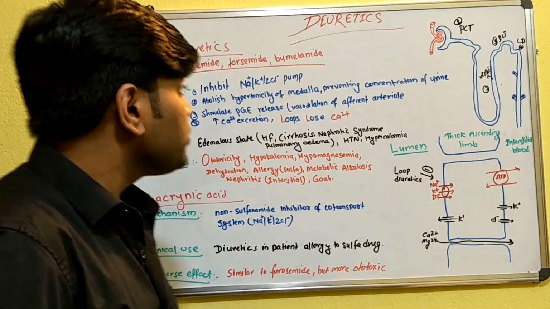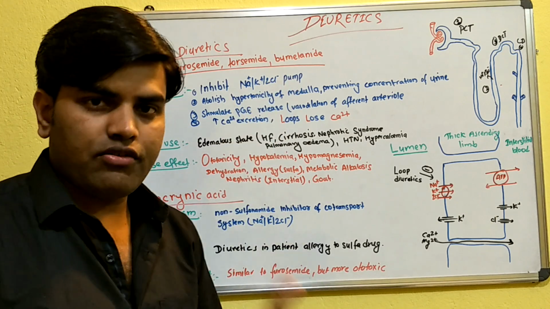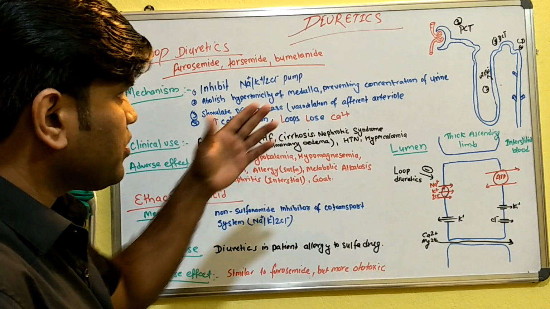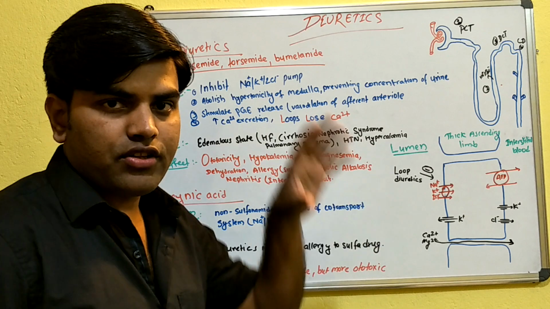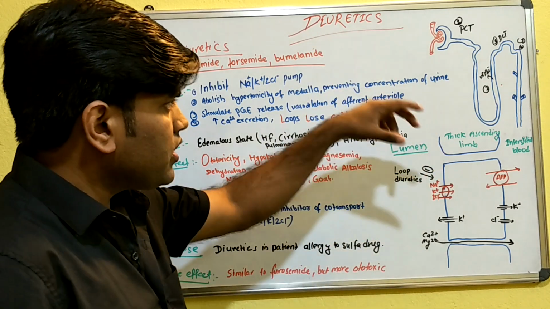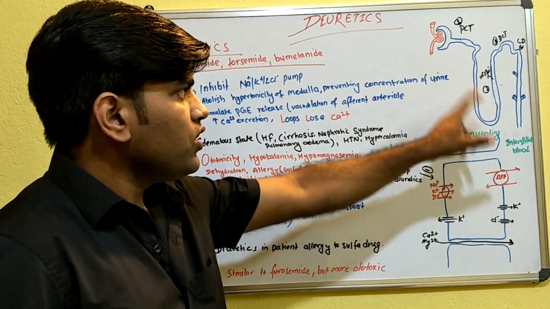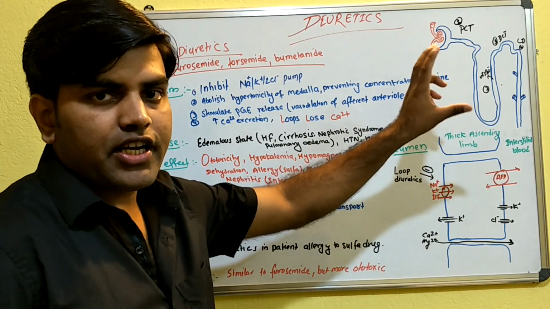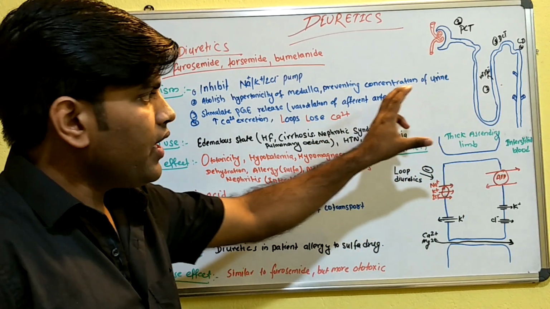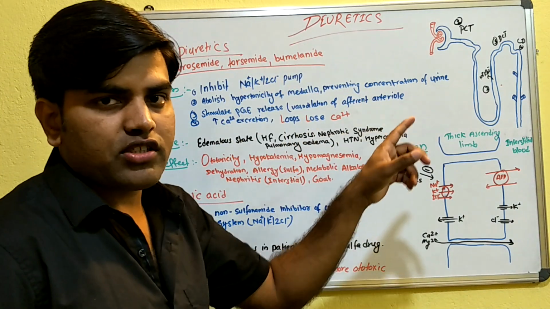Hello everyone. Today we will be discussing the continuation of our diuretics. Previously we discussed the diuretics that act on the proximal convoluted tubule. There is nothing that acts on the descending limb of the loop of Henle. So now we'll come to the thick ascending loop of Henle, where there is a sodium potassium 2 chloride pump